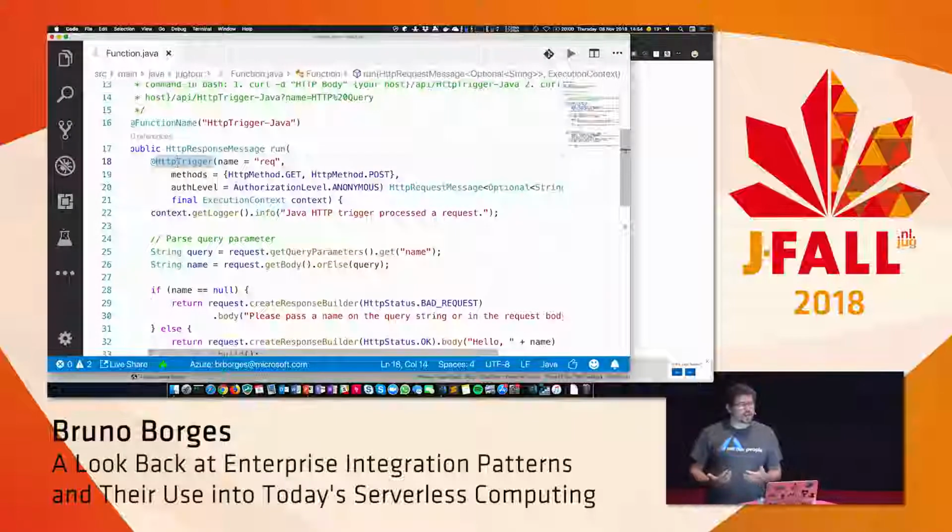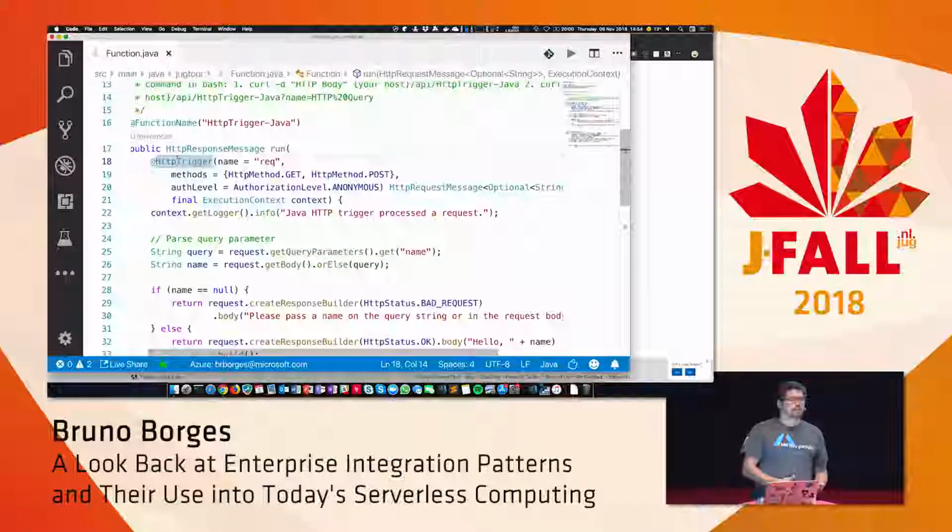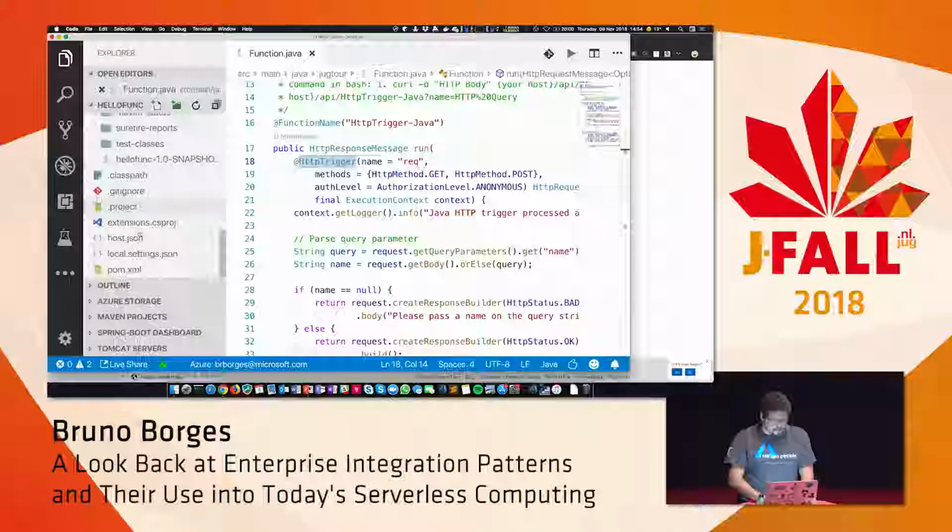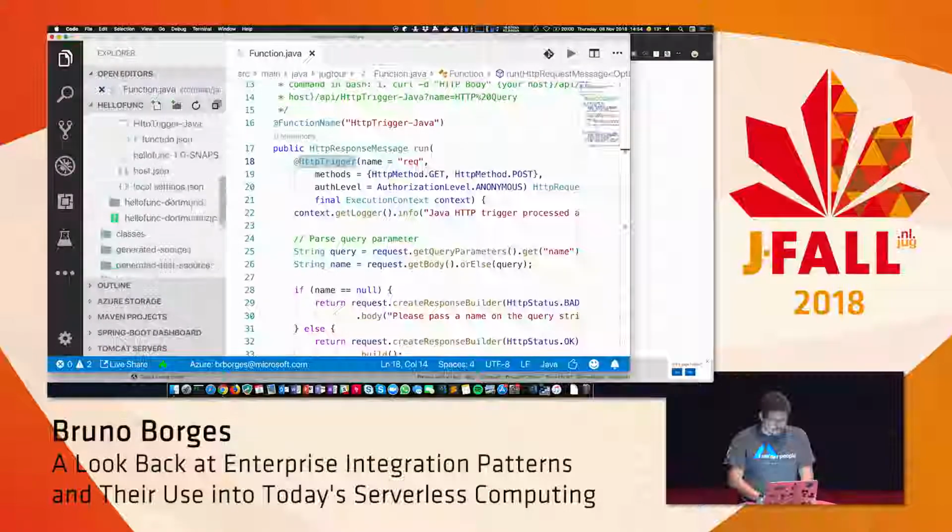In the end, it will actually just generate a JSON file. The Maven plugin generates a JSON file, which means you can actually write the JSON file manually, and you can even write your Java function in any JVM language. It can be Kotlin, Groovy, Scala, Clojure, whatever. As long as in the JSON file, you indicate the class and the method name of the generated bytecode of that method. So let me take a look at the JSON file here so you can see how it works.